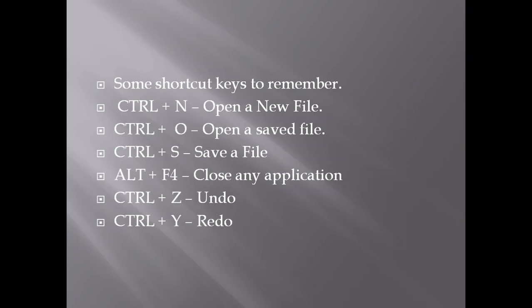You open MS Paint, right? By default it is always a new file. But if you are doing something and you have saved your file and you want to open a new one, then just press the Control key and N key together. Plus means a combination of these two. You don't have to press the plus sign on the computer. No, Control and N together. Plus is just to show the combination of these two. Control O, open a saved file.